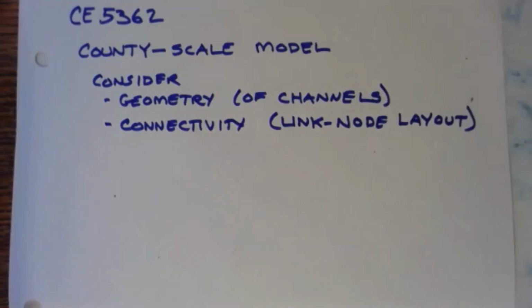In and of itself, connectivity has to be correct for the computer model to make any sense. There's no a priori requirement that we do it in a logical fashion, except that we're producing it for fellow people, so it should have some sort of pattern to it. In the case of the example I'm using, Harris County, they have a very peculiar channel naming system, and all the links in the model that I've shown you last time and we'll play with a little bit today don't necessarily follow that channel naming system explicitly,